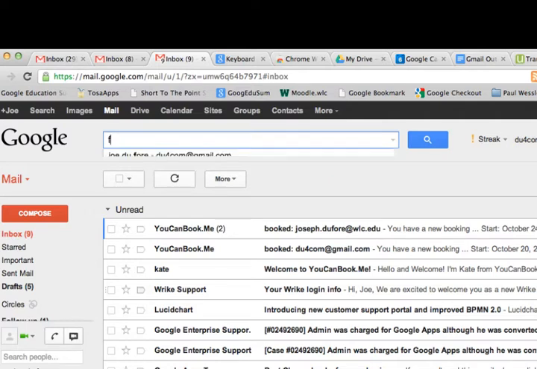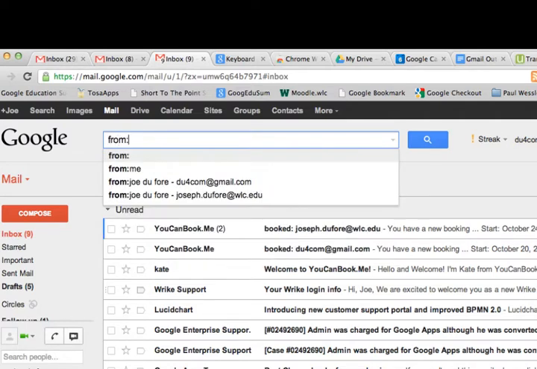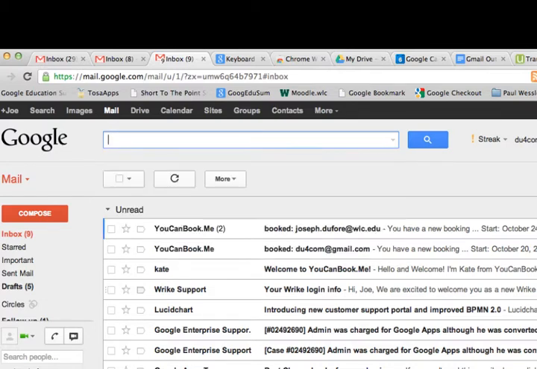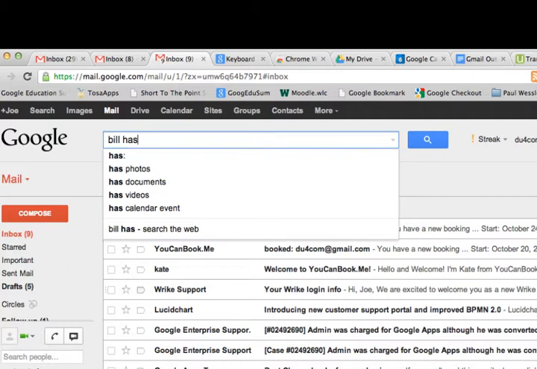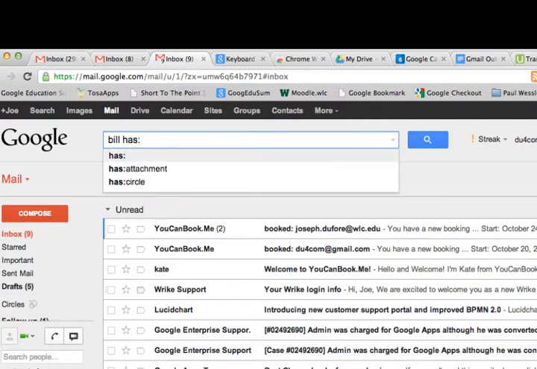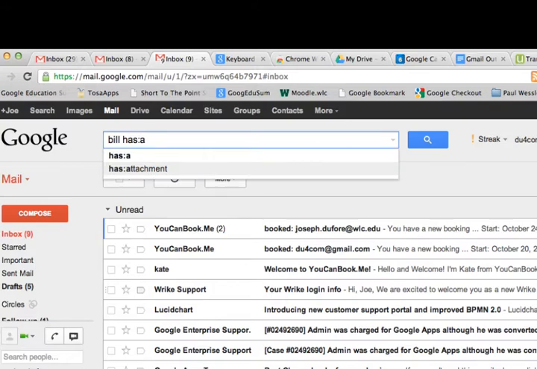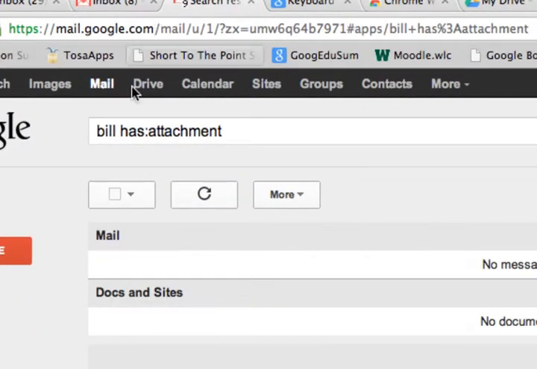I can even look for from if I want to, by doing from, and then deciding whether it was from Bill or Stacy or Jim. One of my favorites for searching though is this. I could say it's from Bill and has, that's what the has is for, attachment. See how it pre-populates right there? So now this is going to give me anything from Bill that has an attachment, which is extremely nice,